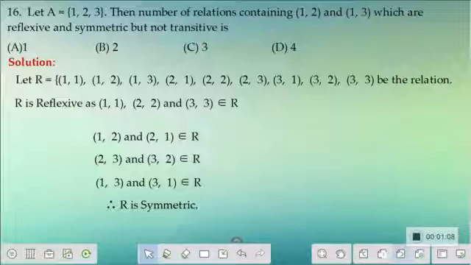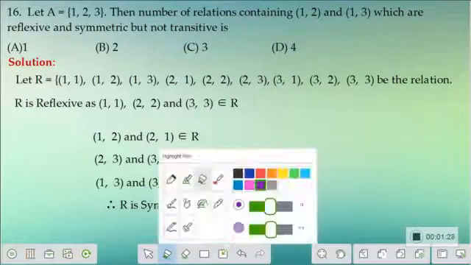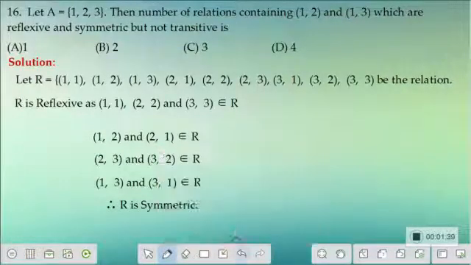Now let's start writing the relations with the elements in the set A. Let us put all the combinations together here and we'll define that relation as R, and it is listed as (1, 1), (1, 2), (1, 3), (2, 1), (2, 2), (2, 3), (3, 1), (3, 2), (3, 3). So we have 3 plus 3 plus 3, 9 elements in this relation. The bracket is missing here, so here it is.